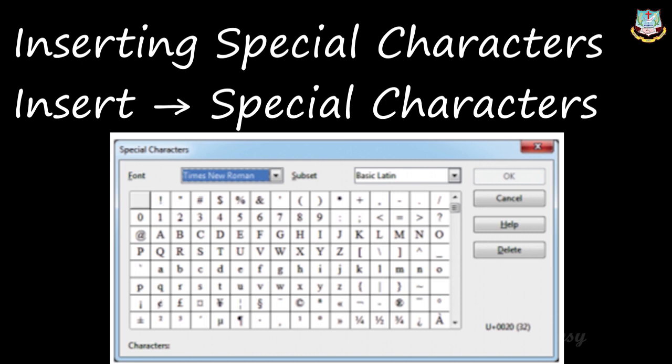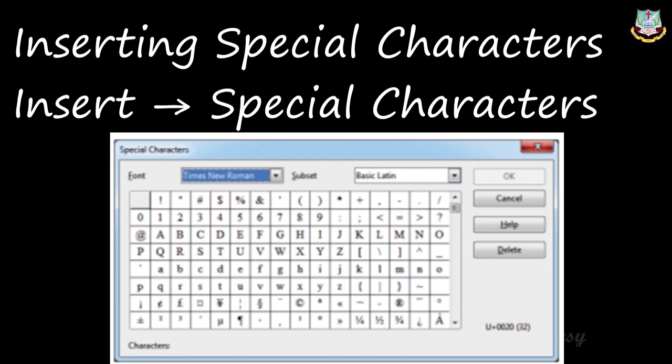From there you can just select which character you need, right? If you don't find a particular special character you want, you can try to change the font selection, and it will give you the particular character which you are expecting, and then at last you can click OK, so that that special character will be inserted in your document, right?